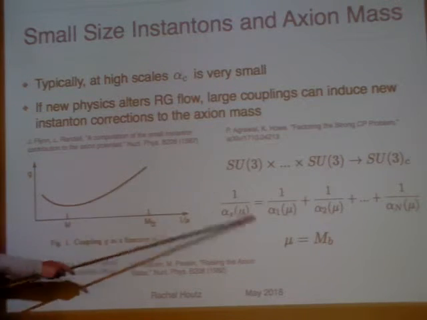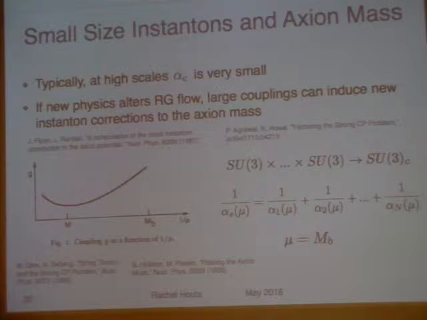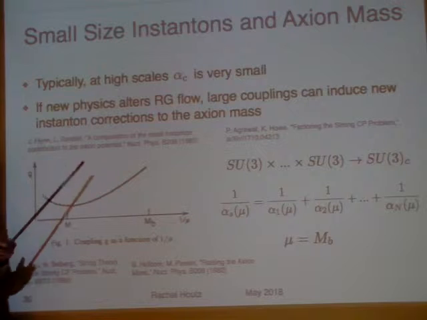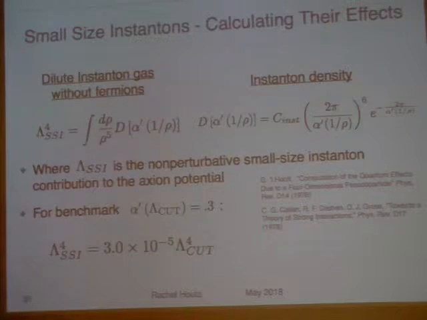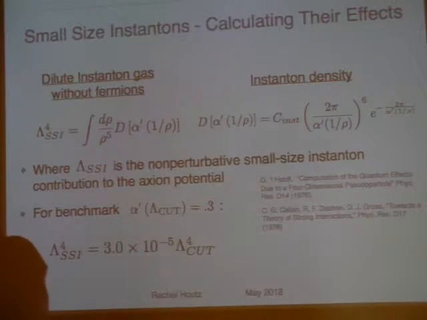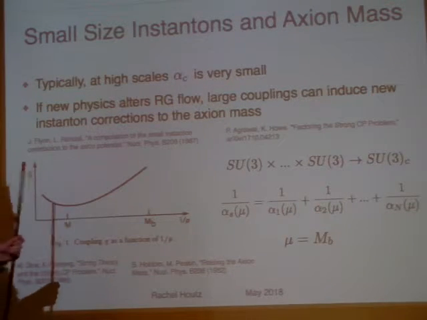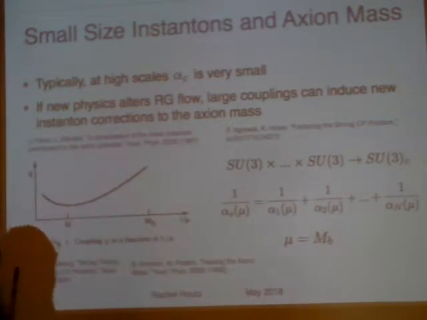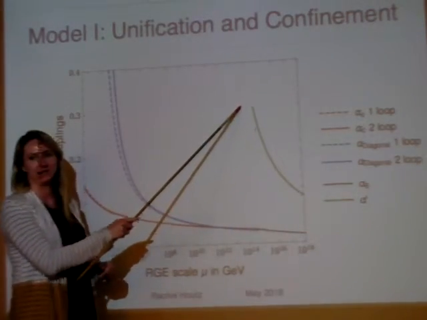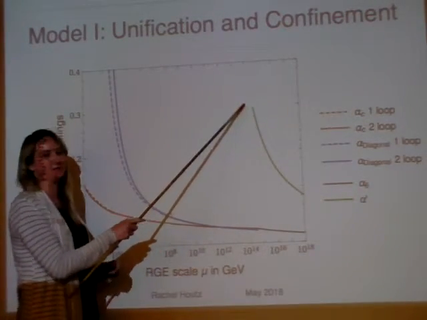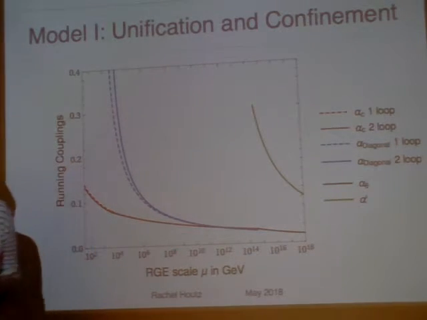And so in both of these scenarios, we have a non-abelian gauge group at some high scale with a very large gauge coupling. And in that case, instantons start to have a non-trivial effect on the axion potential, or any potential of the pseudoscalars. So if they're going to have an effect, we should calculate it. And one more thing I should say is this case is the one that applies to us, right? Because if you go back to our RG flow, this guy is very large, so this guy is going to be our source of axion mass from instantons, the SU3 prime.